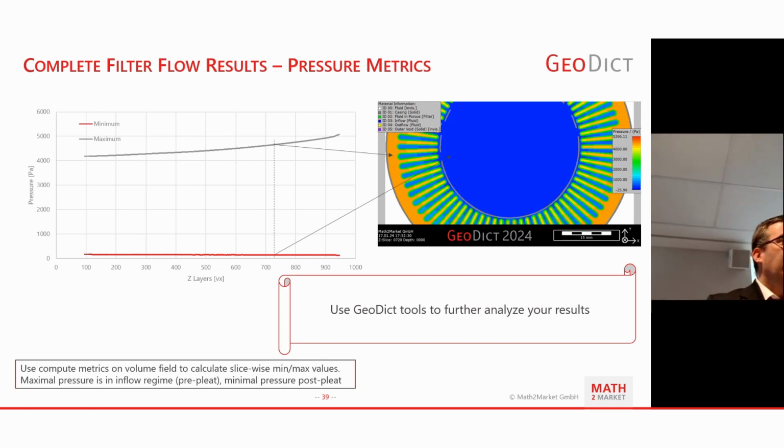Well, actually not exactly. If you just take a slice-wise minimum and maximum, it's not that it's at the same position at your filter element. As here, for example, I highlighted this with two arrows, the minimum is the complete blue area and the maximum is actually outside this orange ring.